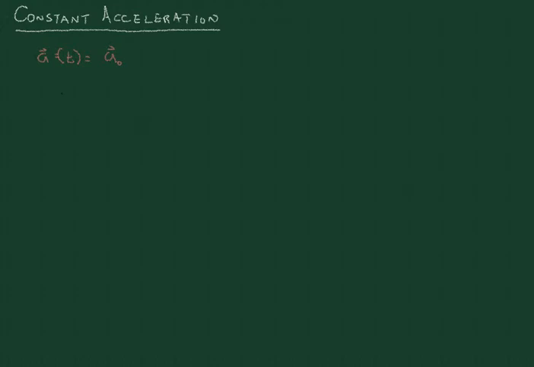Because in this case, we see that velocity is the integral of a dt. Since this is a constant, this is just equal to a0t plus v0. And then position is the integral of velocity with respect to time, which is just,